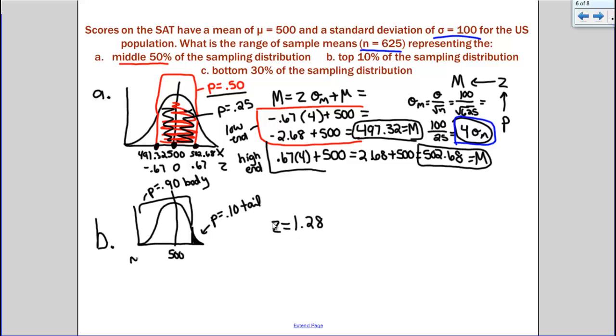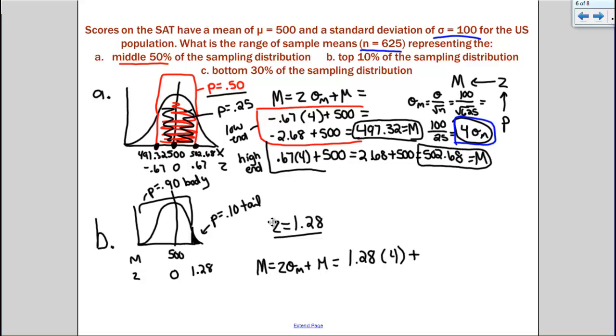So if I fill in my values in my table, remember, the mean's always got a z-score of 0. 1.28 is right here. Now we just plug in that z-score and our mean and standard deviation from the population into the mean formula. So z times standard error plus the population mean. So 1.28 times the standard error of 4